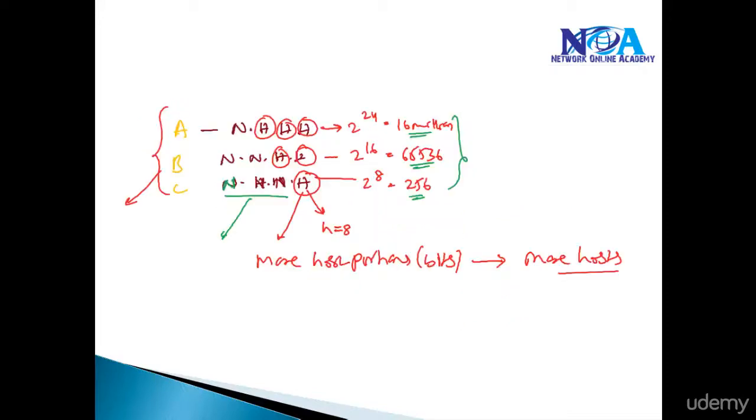Now first thing, if you just get back to the basics of what we have learned in the previous sessions, if you're using any A class example, by default A class has one network portion and three host portions. Which means you get 24 bits, 2 to the power of 24, around 16 million addresses in one network. Even in the C class you get 256 addresses, and in the B class you get 65,536 addresses in one network portion. Now the more host bits you have, the more hosts you can connect in that particular network.